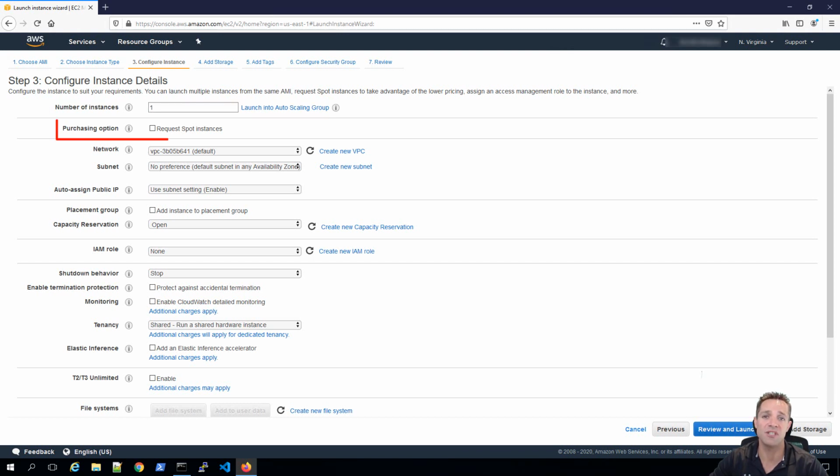For purchasing option, you can request a spot instance. So what is a spot instance? So a spot instance allows you to create an EC2 instance at a fraction of the cost of a standard EC2 instance. And it does this because it uses unused EC2 resources. However, if you use a spot instance, your server has to be able to tolerate disruptions. And let me explain why. If we click on Request Spot Instances,